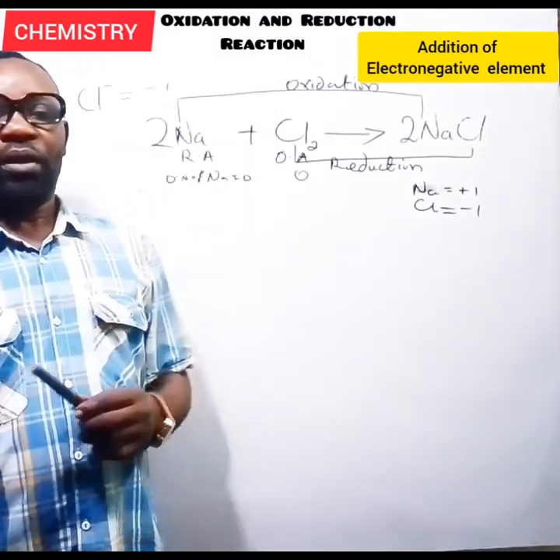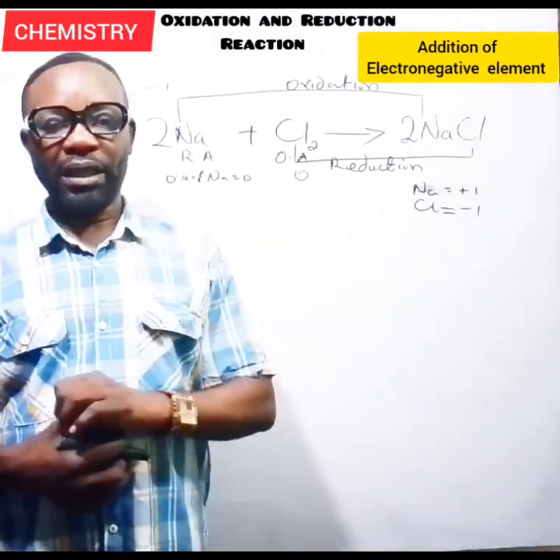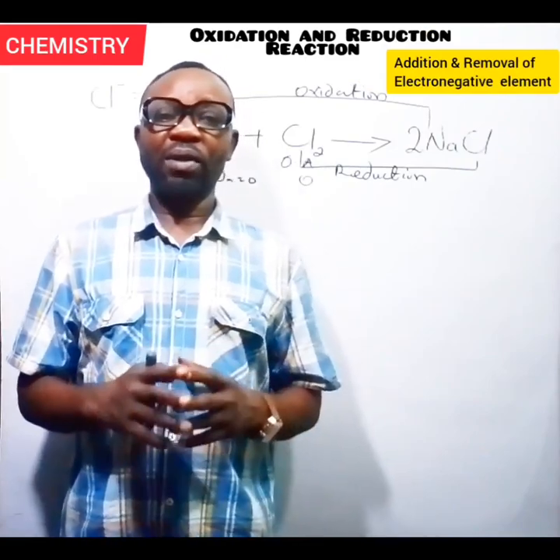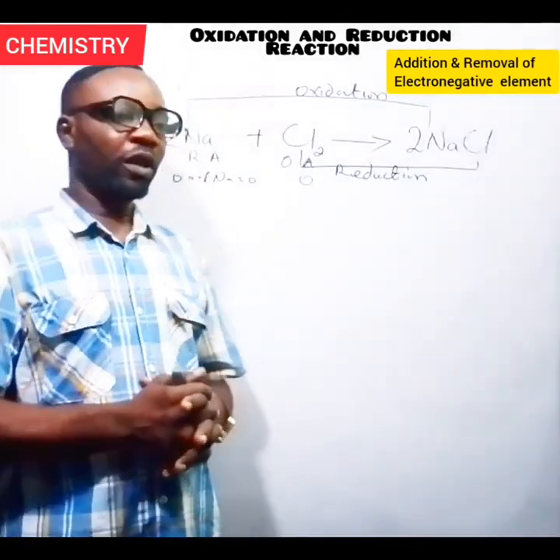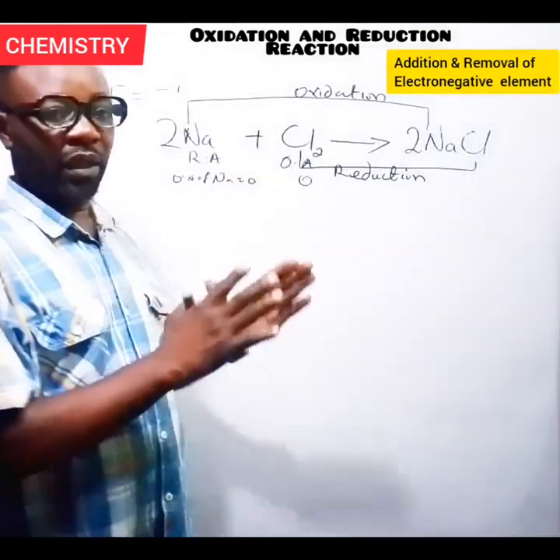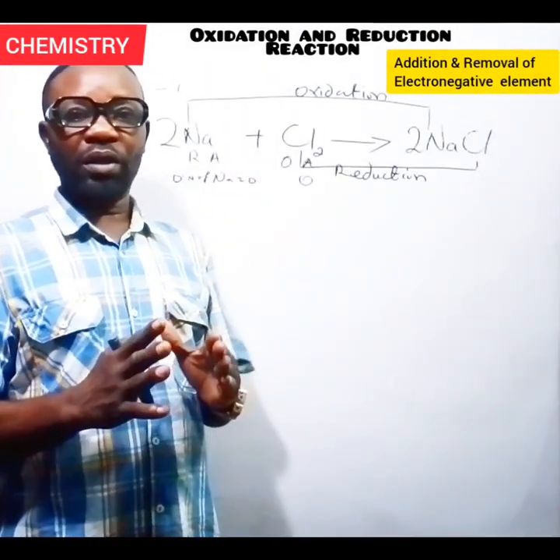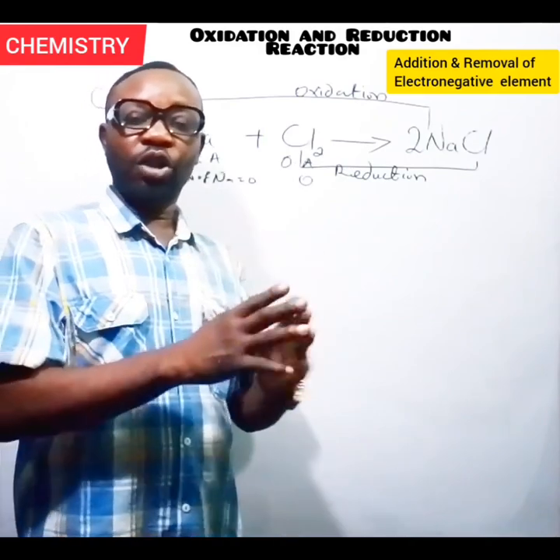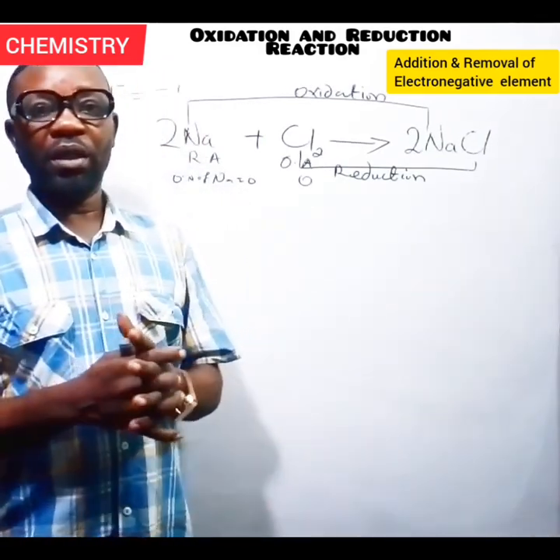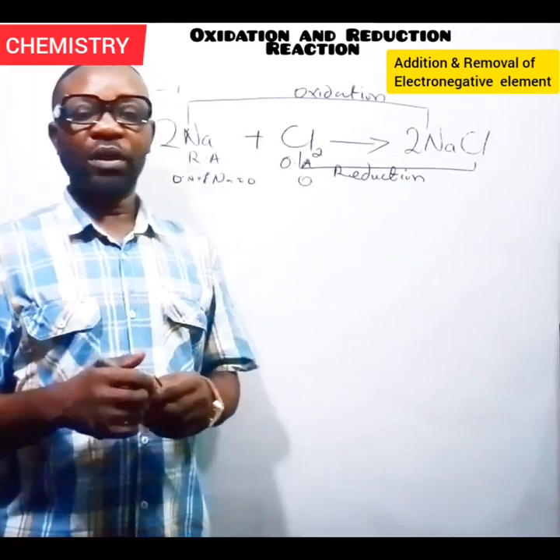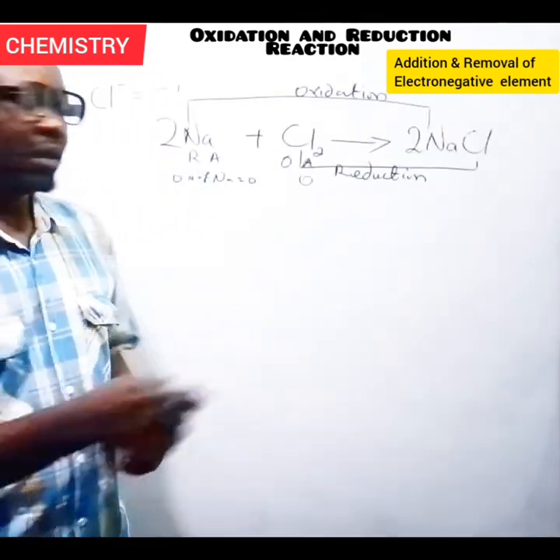Very good. Now, let's look at another good example. Let's look at another form of reaction that will give us a much clearer view of how oxidation is referred to as the addition of an electronegative element, and reduction is referred to as the removal of an electronegative element. Now let's look at this reaction between